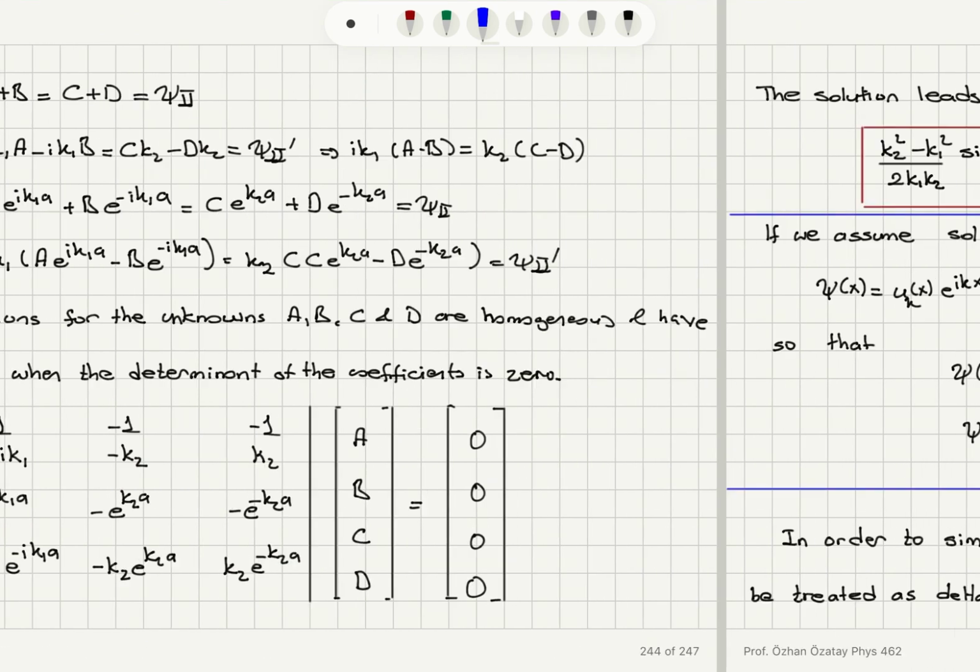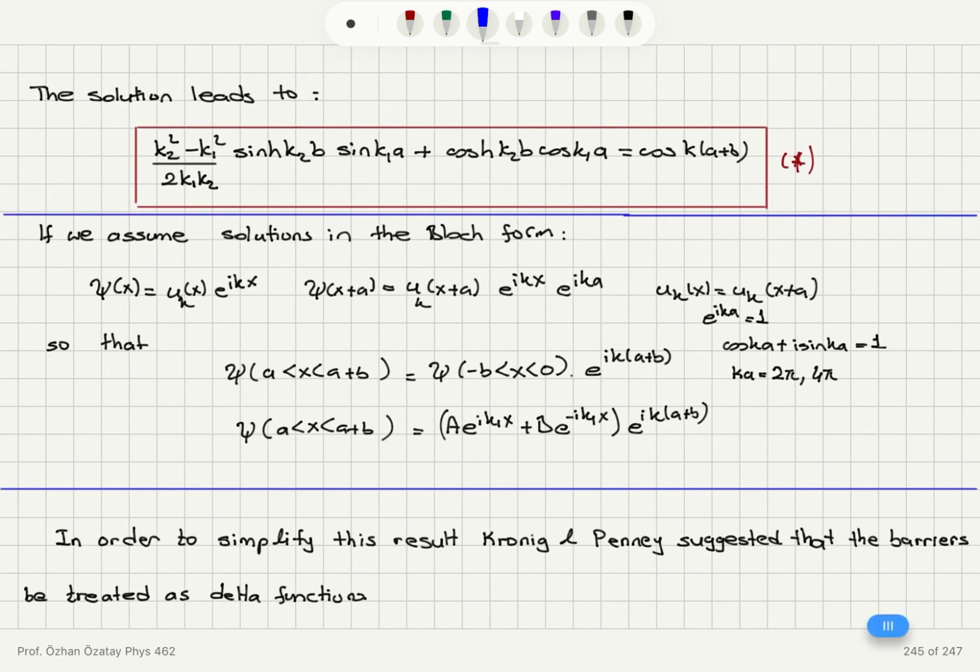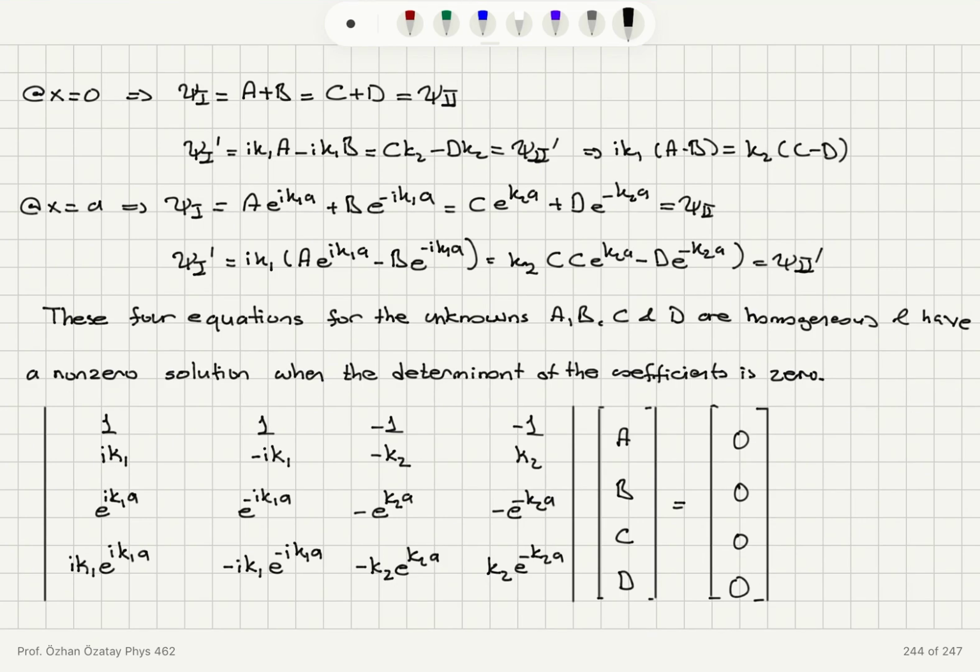So we're going from the square well to the square well. So this is actually not right. So we should have here... So let's correct this one. We should have here the same solution, c e to the k2x